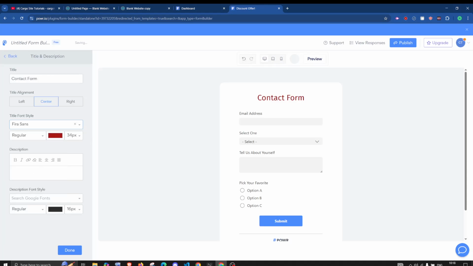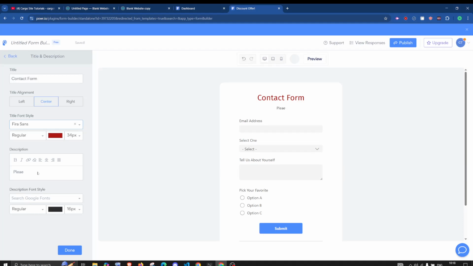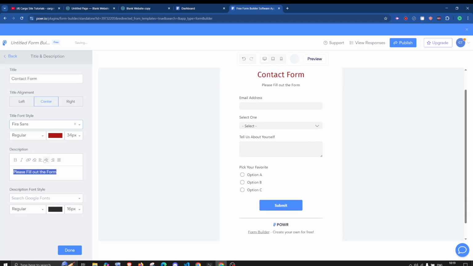After that, here, add the description as well. Fill out the form. So yeah, this is the description.